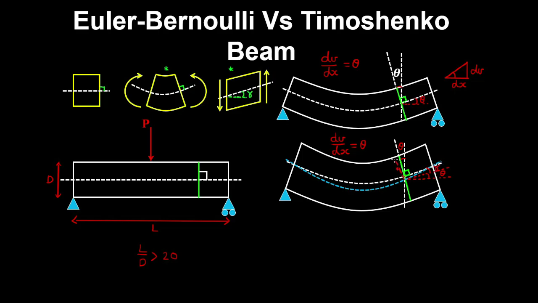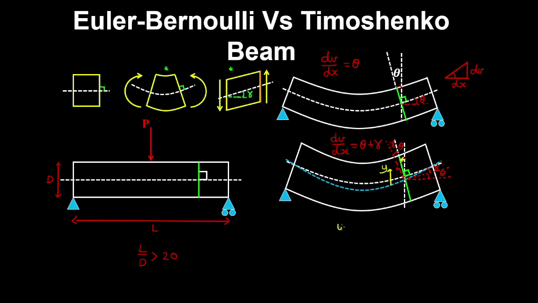So this shear deformation causes a further rotation of the neutral axis, but it doesn't cause any further rotation of the cross section. So the net rotation of the neutral axis is the bending rotation and the shear rotation. So because the cross section doesn't rotate, as we can see, under a shear deformation, then if we look at some fibre in a beam that's at a distance y from the neutral axis,